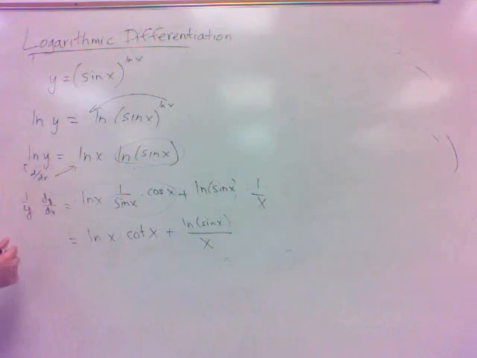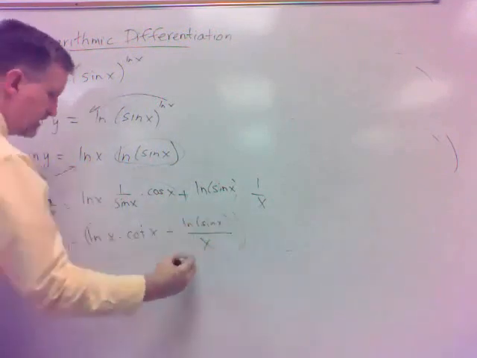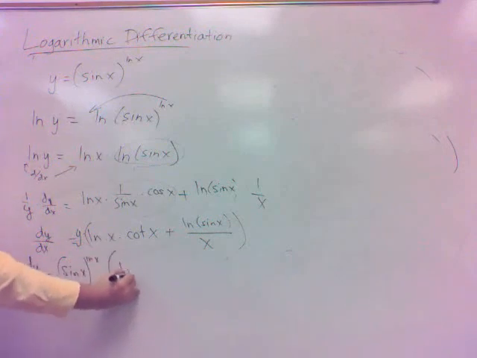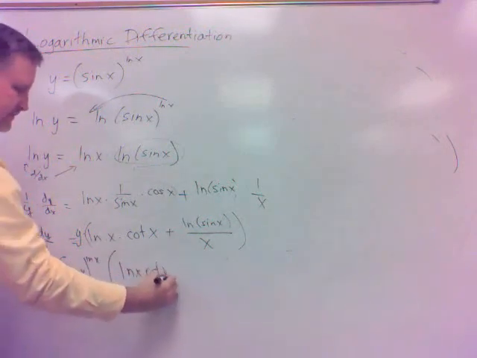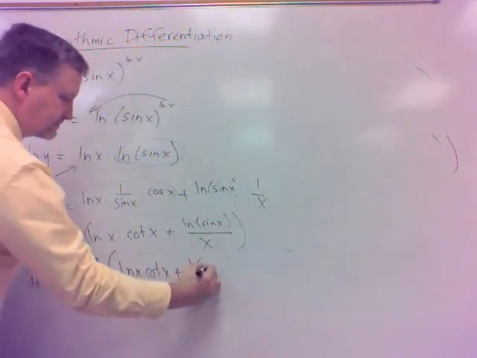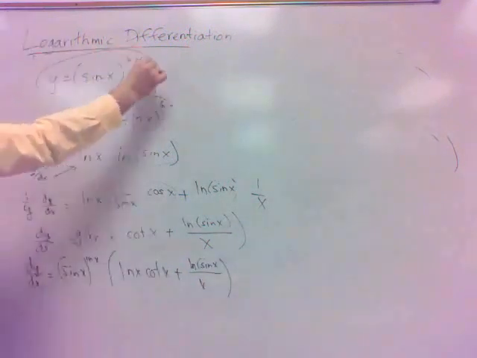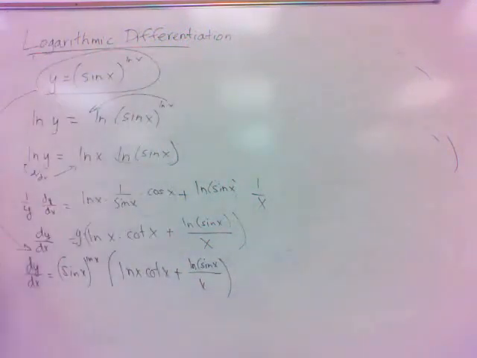Now, again, you multiply both sides by y, so we get dy/dx is y times all of that, right? And then just change over the y to sine of x to the ln of x. You got it. Nothing to it. So this little thing, its derivative is that big